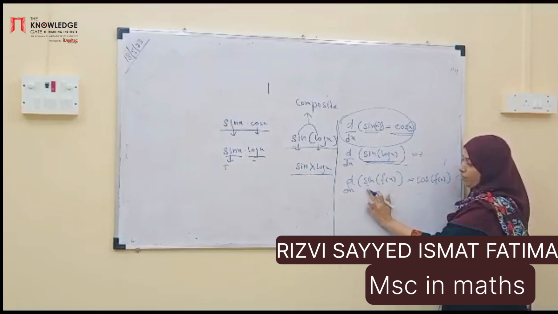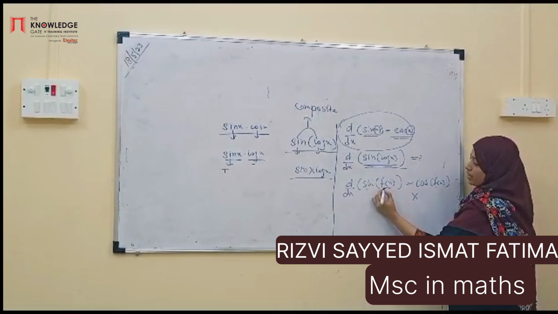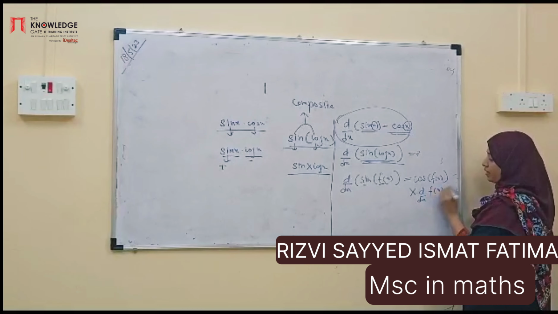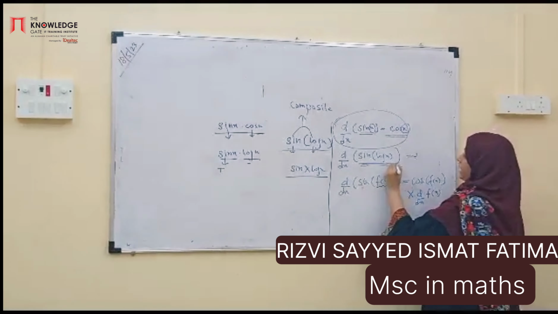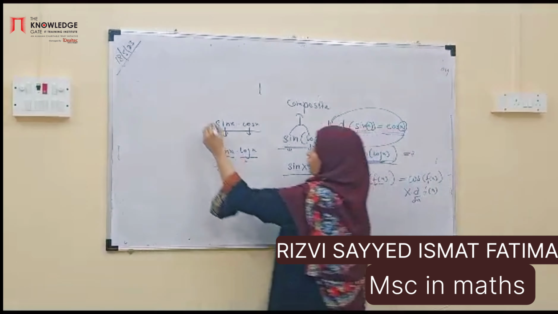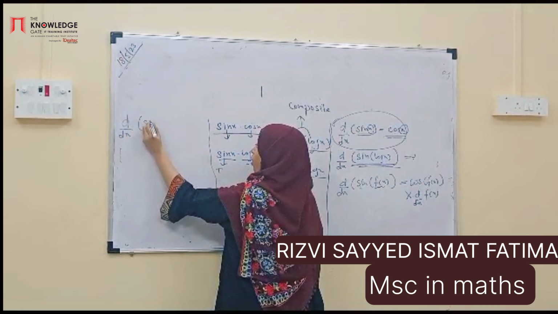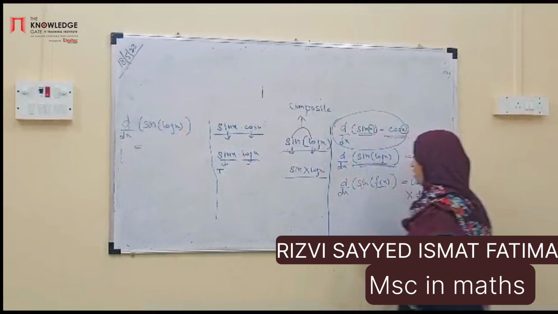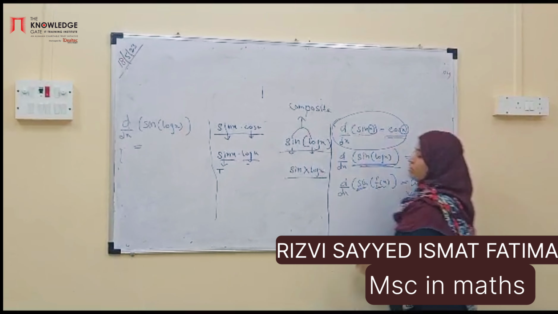This is the derivative of only sin. Then we have to take the derivative of this f of x. So this is d by dx of f of x. This is the way we have to find the derivative of a composite function. Just now I have taken this example, sin of log x. So now we have to calculate d by dx of sin of log x. Now compare this with this function. How do we get it? First it is sin. We know the derivative of sin is cos. So here it is sin.